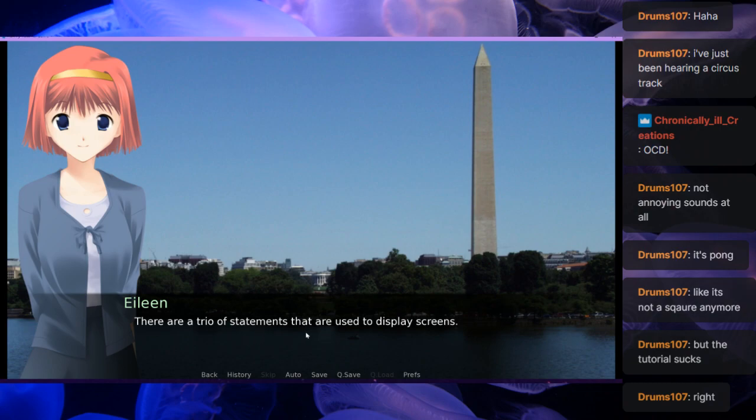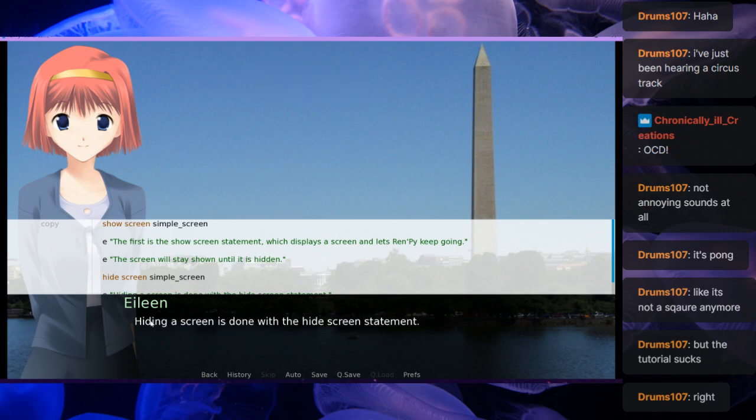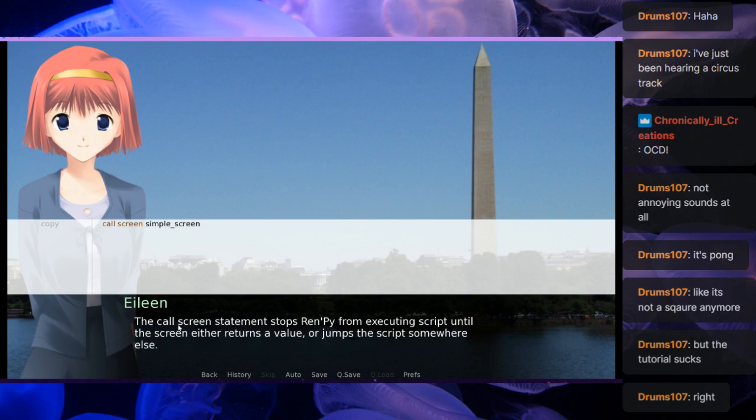There are a trio of statements that are used to display screens. The first is the show screen statement, which displays a screen and lets Ren'Py keep going. The screen will stay shown until it's hidden. Hiding a screen is done with the hide screen statement. The call screen statement stops Ren'Py from executing script until the screen either returns a value or jumps the script somewhere else.